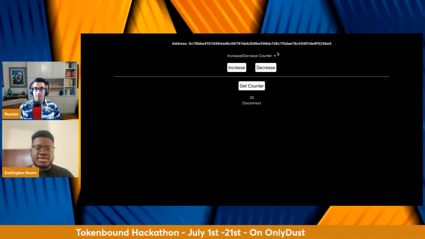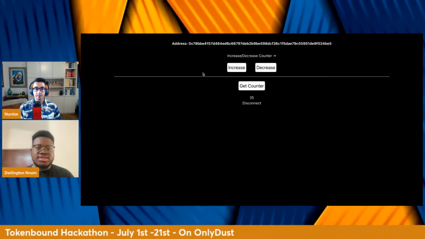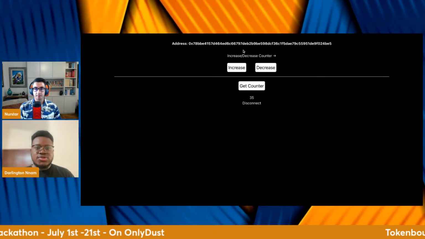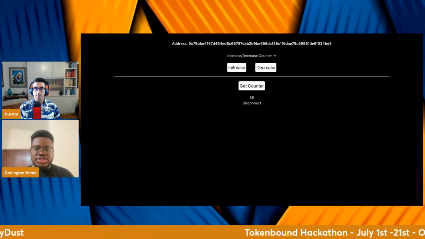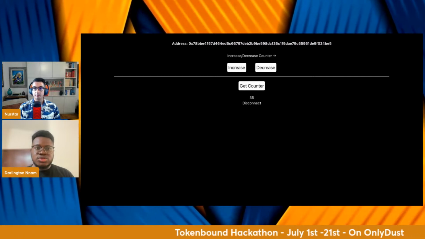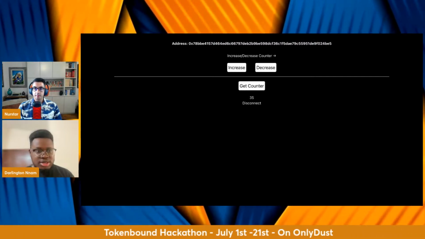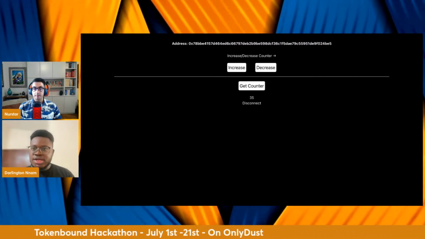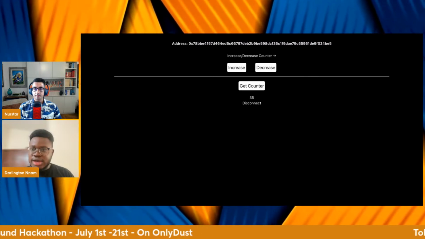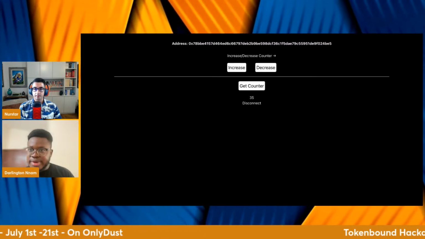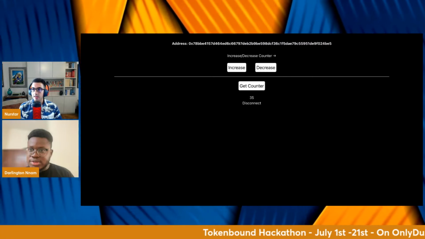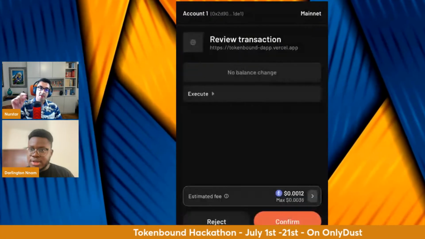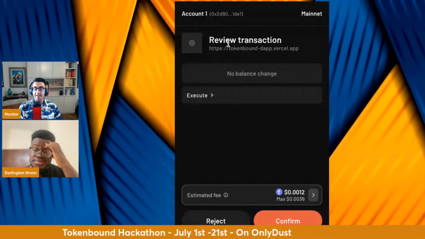Yeah, exactly. So it's very much dependent on the wallet that contains the NFT. So for example, if you try to call the increase method on this Darknet dApp, it's going to pop up your agent wallet. I don't know, can you see my agent wallet? No, let me try to share my screen. Can you see it now? Yes, I can see it.